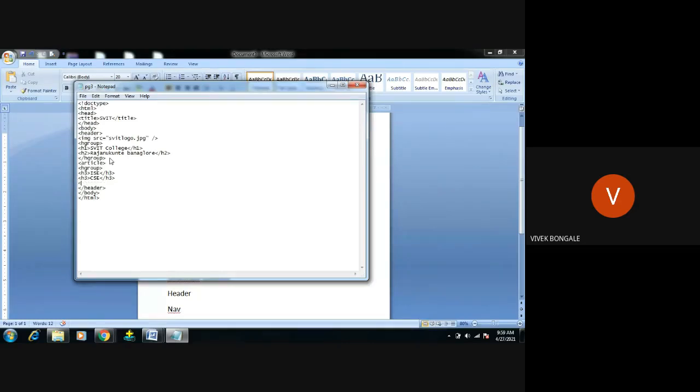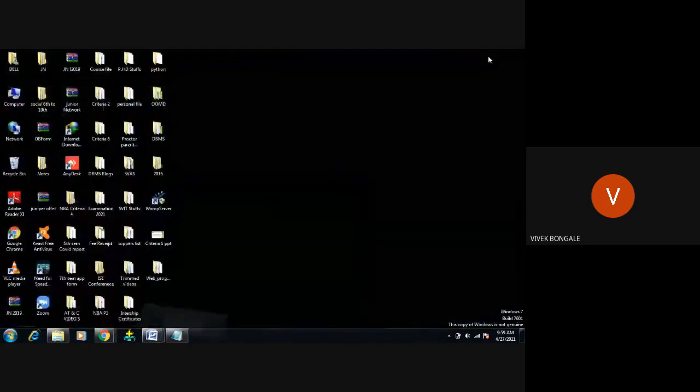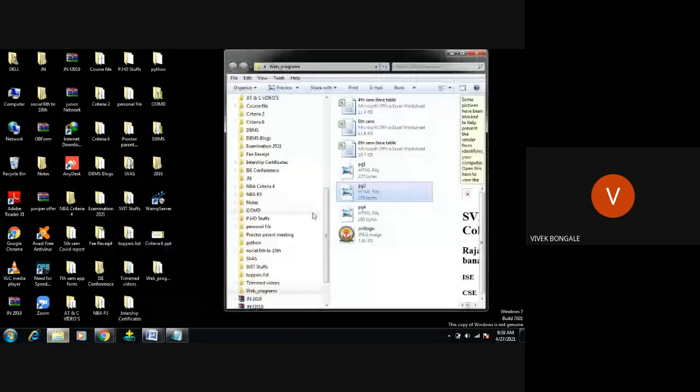I'm going to close that group, and we have to close that article also. Article, right? So close, save, and open the program.